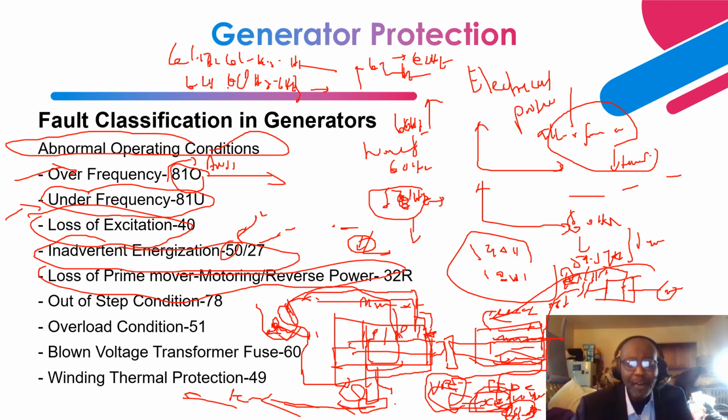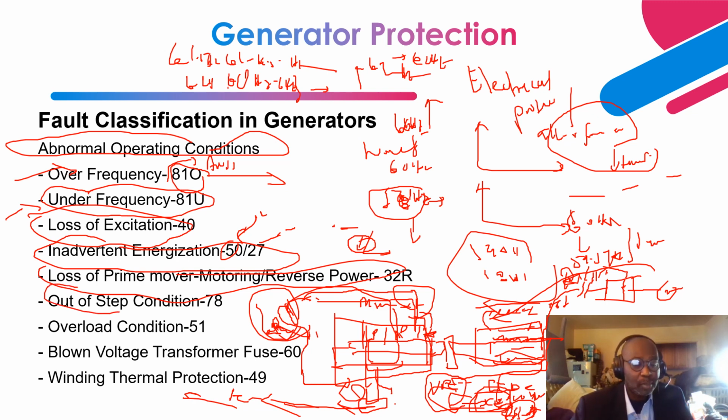So for whatever reason, if you should lose this steam due to a boiler trip, right, then once the turbine generator is integrated to the network, the grid, it's going to act as a motor and start receiving reverse power. Instead of pushing power in the forward direction, it's going to receive power in the reverse direction. So what this protection element does is it protects the turbine generator from reverse power.